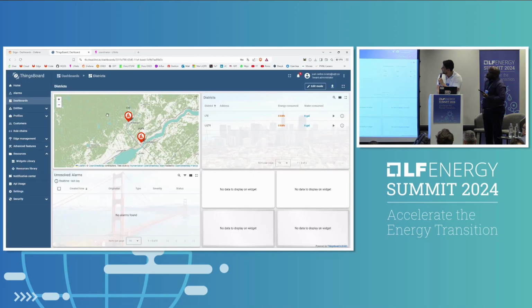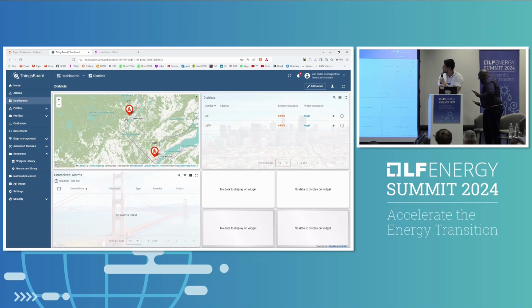First, the middleware that we are using now is ThingsBoard. I don't know if you are familiar with ThingsBoard. Yes? Okay. It's one of many middlewares. The idea of the utility is not to manage the IoT devices itself. That's the work of the aggregator and someone else. The utility just needs to communicate with the devices itself. But we implemented an IoT middleware because it's easier for us to manage the IoT fleet.